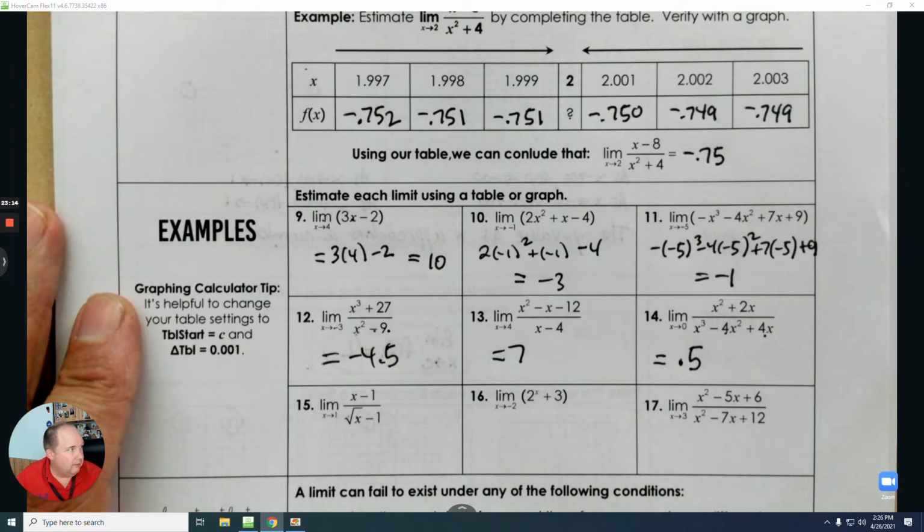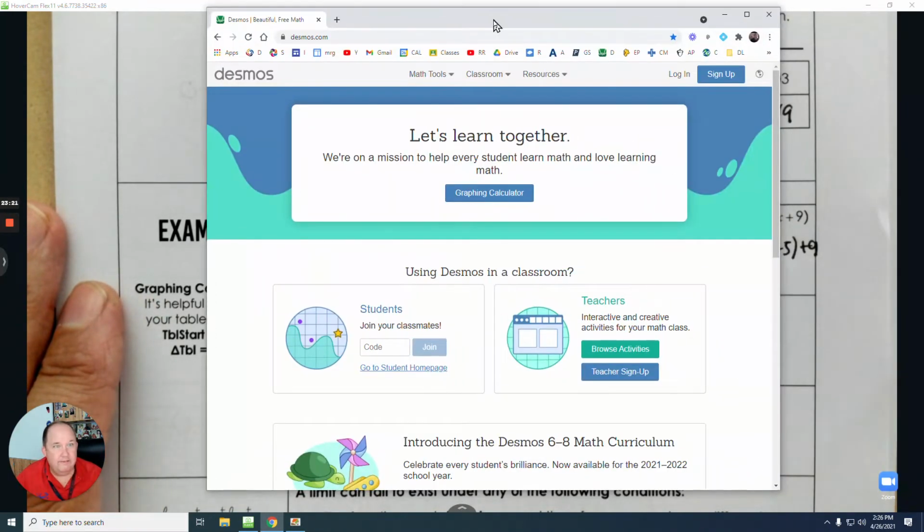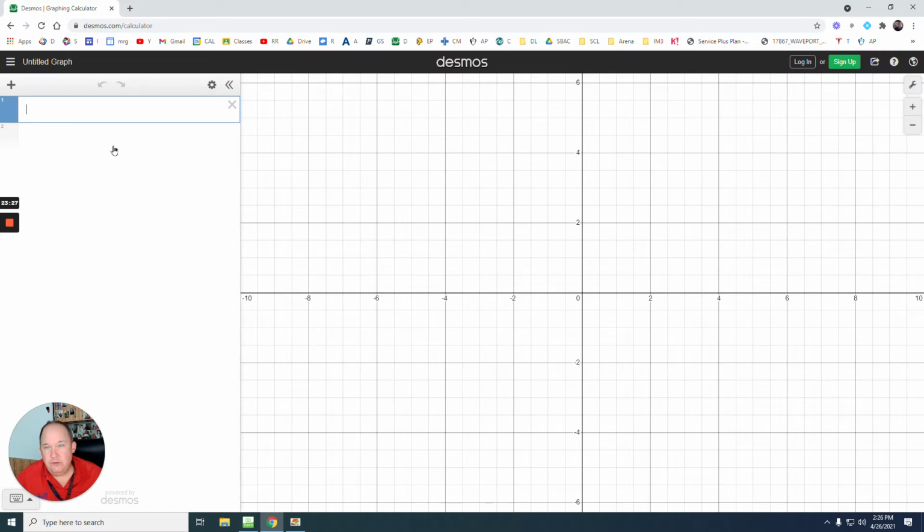Move it over here. I wonder, let's hope this works. So if I did Desmos, let's just say you didn't have that calculator. If you had Desmos here, and if I wanted to do this, you could